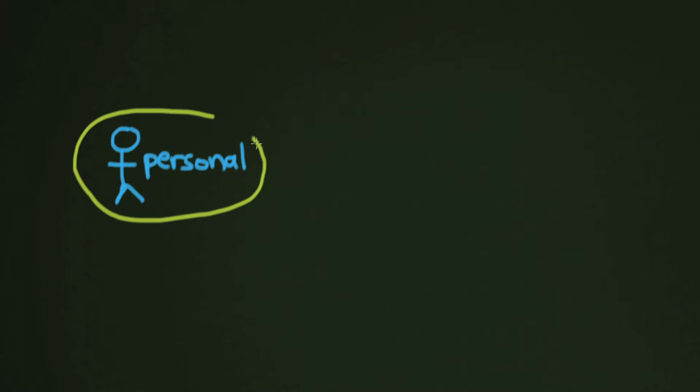All right, so let's take a look at the levels that health occurs at. We'll do that by drawing our blue person here. It's not a blue man, it's a blue person. And we've got our personal level of health again. That has to do with things like your hygiene, your nutrition, your freedom from illness or injury. All that sort of stuff is encapsulated in your personal health. And a lot more. Relationships, for example, being another thing. And then when you take more than one person and group them together, then you've got